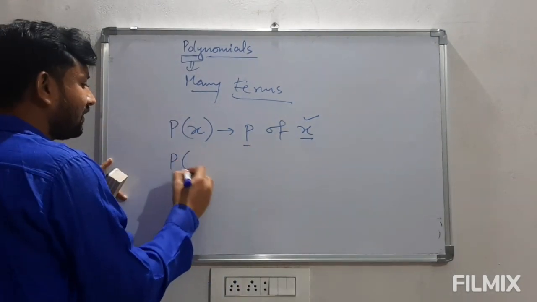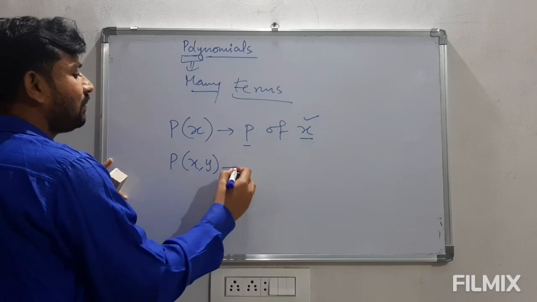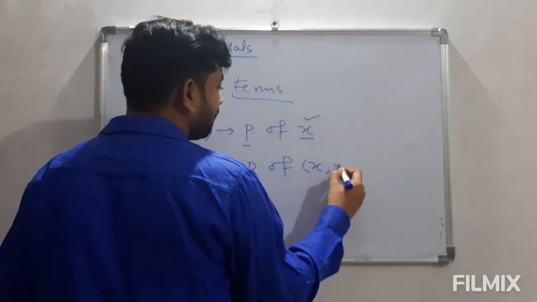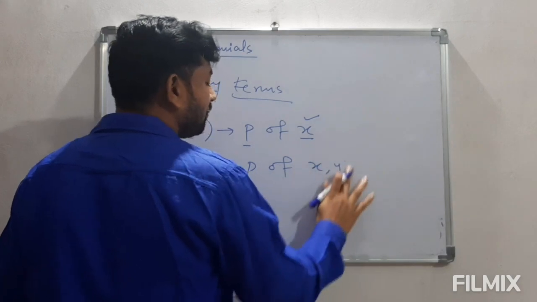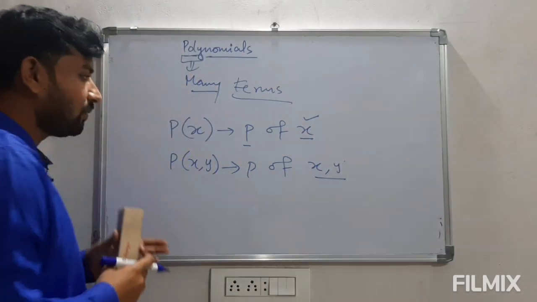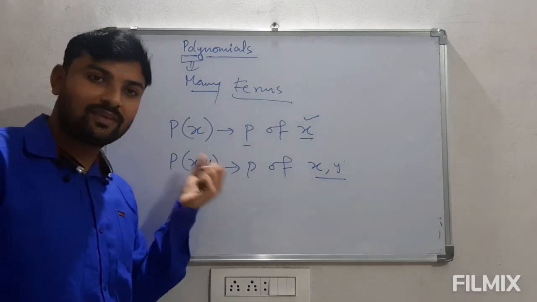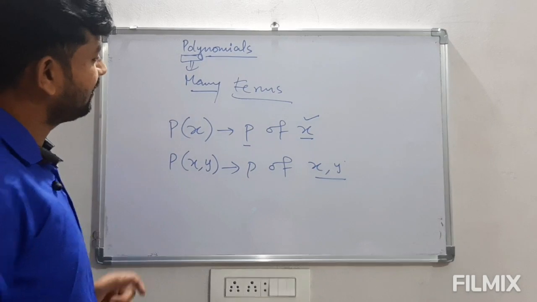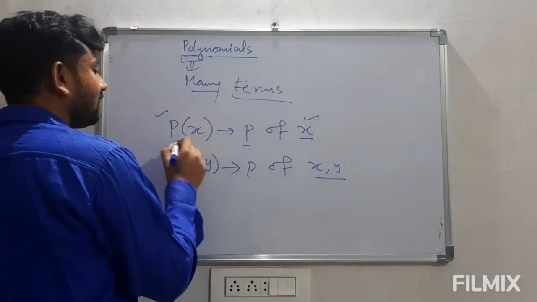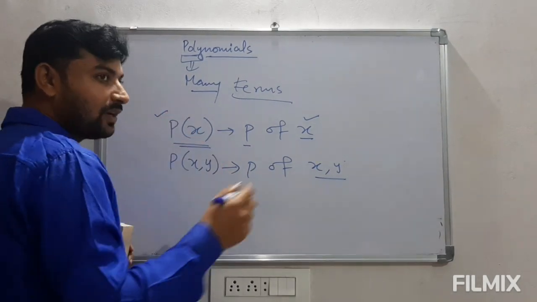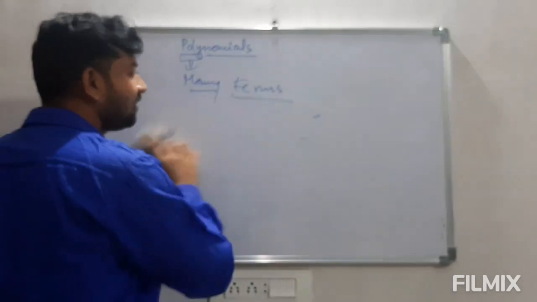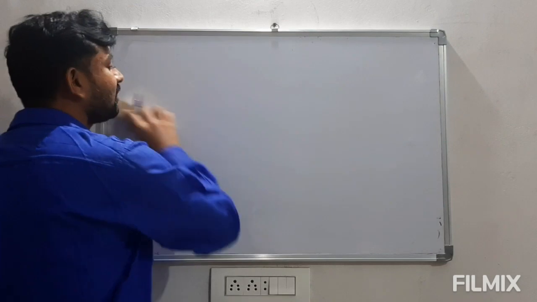So if I am writing p of x comma y, then in this polynomial the variables will be x as well as y, but in the previous case it is x. In class 10 you will be seeing only p of x or p of y, only a single variable will be present there. So in general the polynomials can be